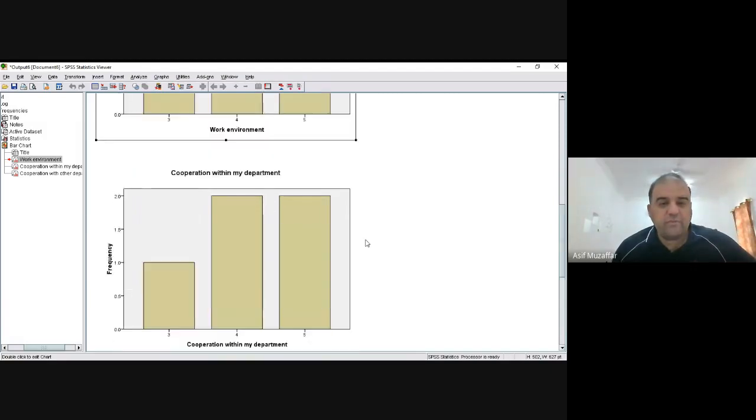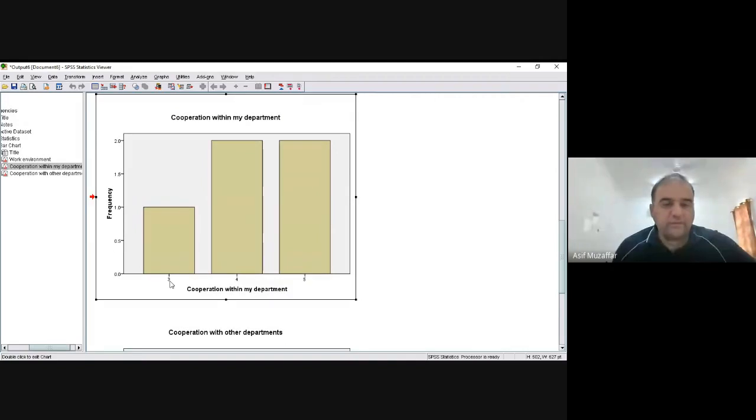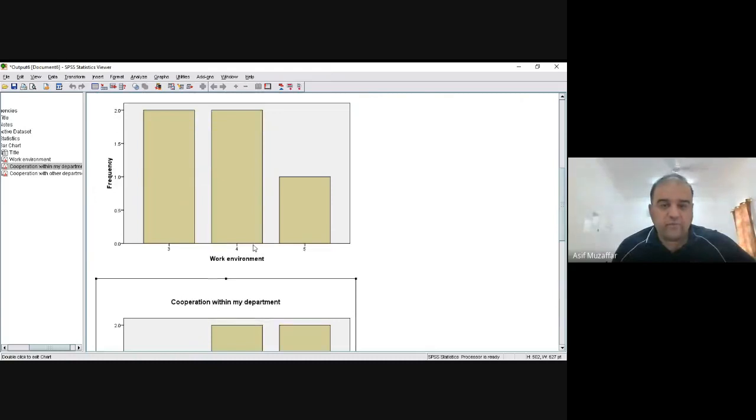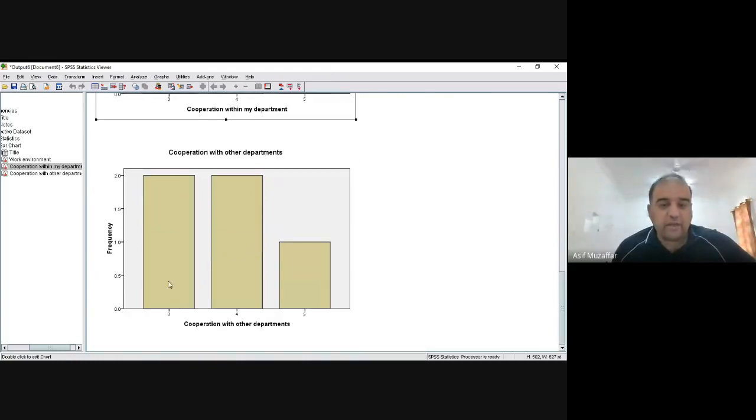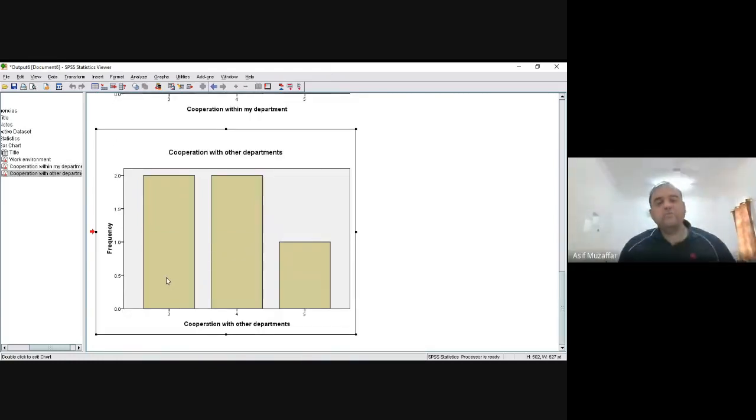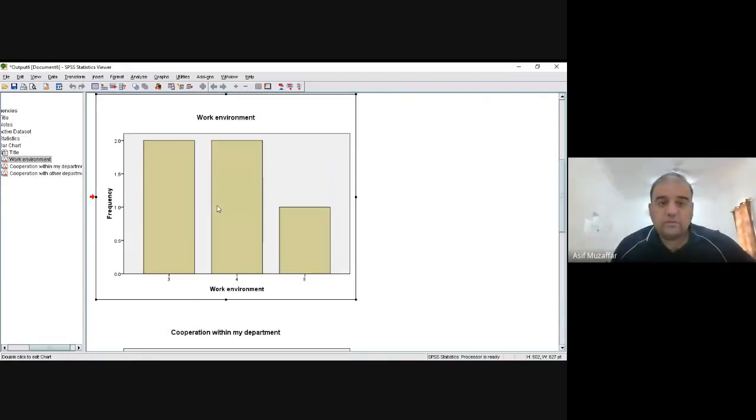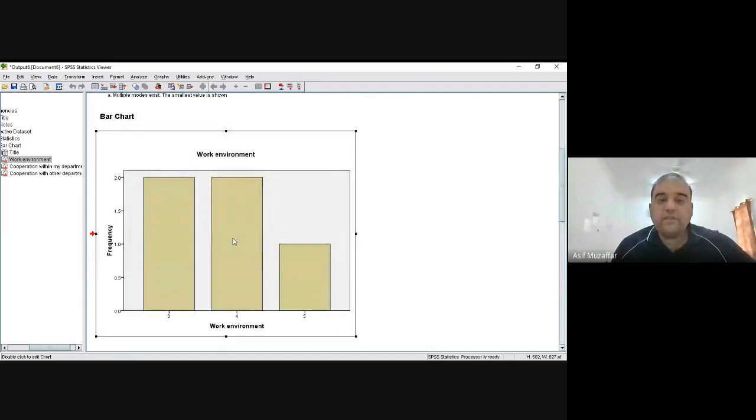But if you see my graphs, it's not strongly agree and disagree. It is the number 3, 4, 5, or 1, 2, 3, whichever options have been taken. I don't know what 3, 4, 5 means here, because it is not showing me the Likert scale, for example, strongly agree or disagree. Do you understand the problem here?